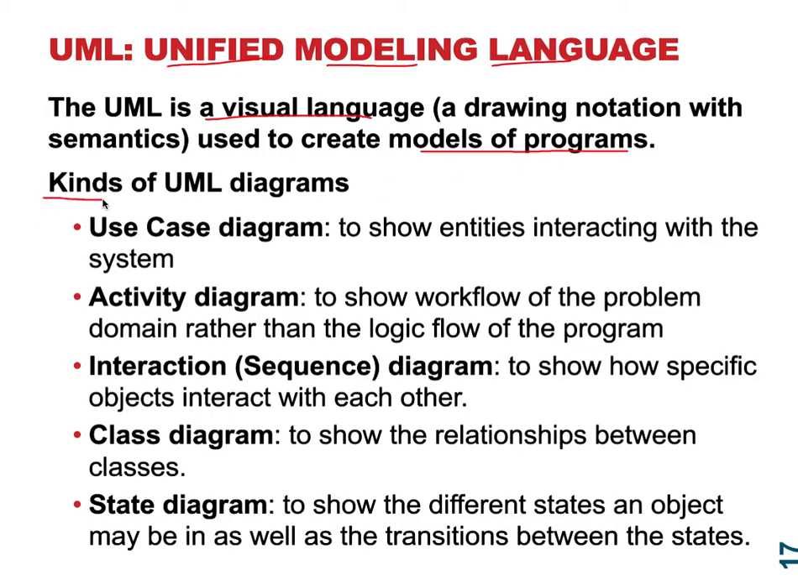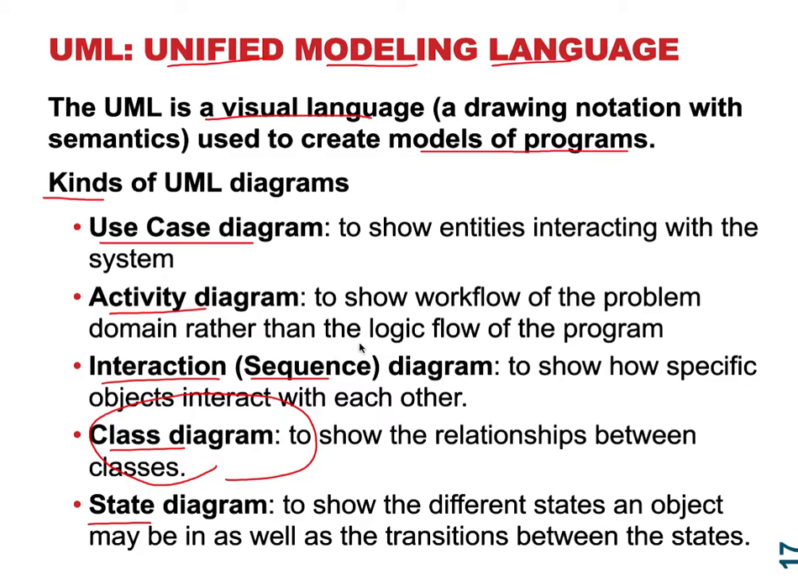There are several kinds of UML diagrams: use case diagram, activity diagram, interaction diagram or sequence diagram, class diagram, or state diagram. We are going to study the class diagram only to model programs, and then we will learn how to draw